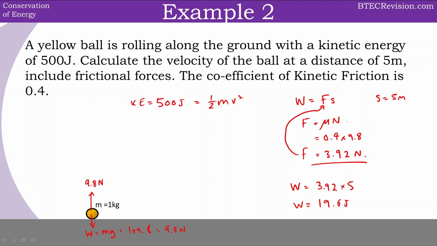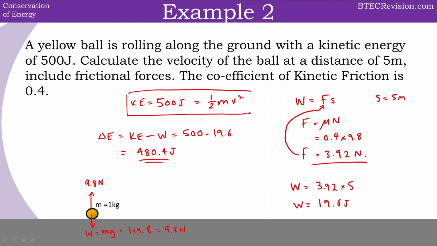So we can find the difference of this energy here. So kinetic energy, which is 500, take away the work done, is how much energy this ball is going to have remaining. So this will be the change in energy. So plugging in the values, 500 take away 19.6 gives us a value of 480.4 joules. Okay, so now we know how much energy this ball has at the end, so we can plug it into our kinetic energy equation,